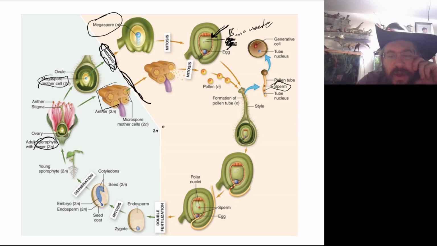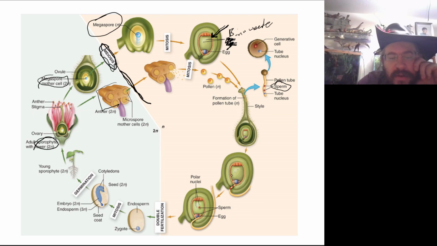The pollen tube has to go all the way from the stigma down the style into the ovary, along the ovary wall and then to the ovule, at which point, once it connects into the ovule and makes it through to that tissue, we get 2 sperm nuclei going in there,